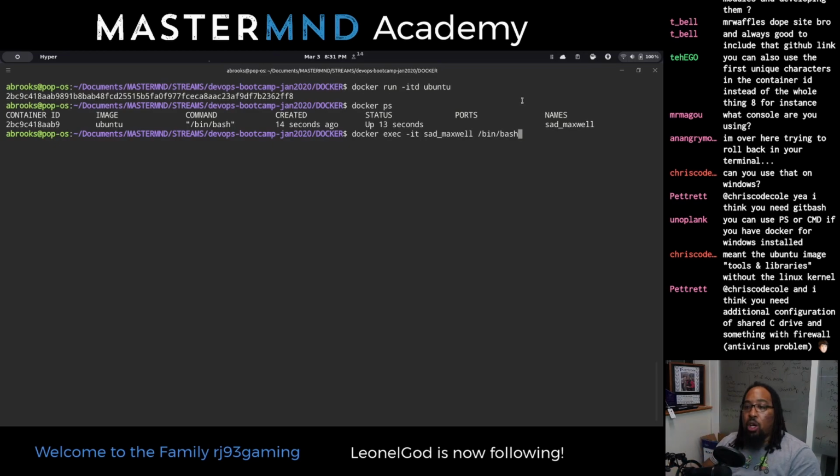So almost all the Docker commands are going to be something like this. Docker, the Docker executable. Then the thing that you want to do, so sometimes it's run, sometimes it's exec, sometimes it's PS. If you just type in Docker, it'll give you all the commands that you can run for this step.